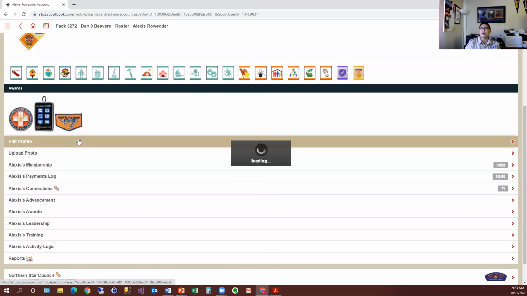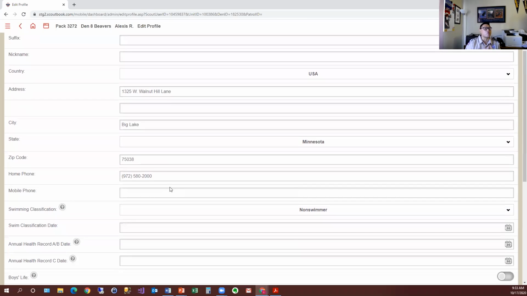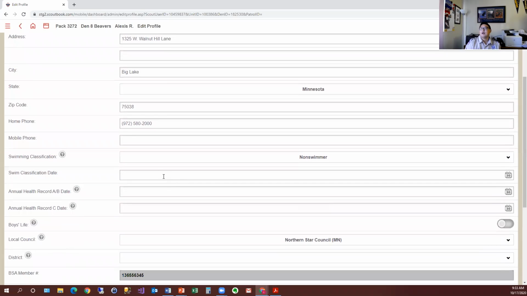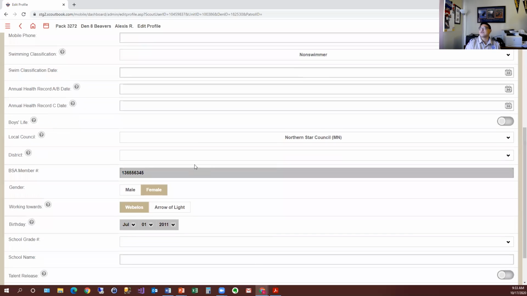Let's take a look at the profile. So this looks just like the adult profiles too. There's information about nicknames and city and addresses. Once again, it does not link to anything else if you change something in here. This is more for your record keeping. Here's the mobile phone area. So if you populate your whole den's mobile phone numbers, then you can text them out of Scoutbook. Swimming classification, health record information,